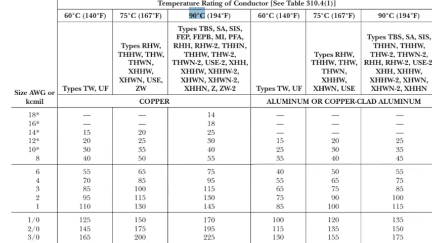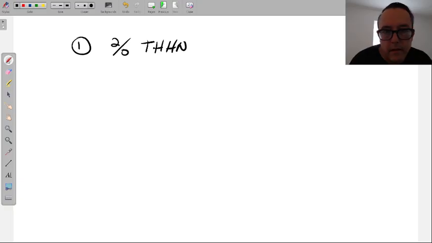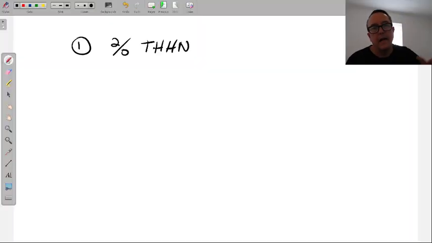So I'm going to write the answers here as we go in case you want to fill in the blanks for yourself and later use this as a study guide. So I'm just writing 2 aught THHN on the whiteboard, which I'll switch over to now. Now, had I not been told what insulation type, I go to the 75-degree column.